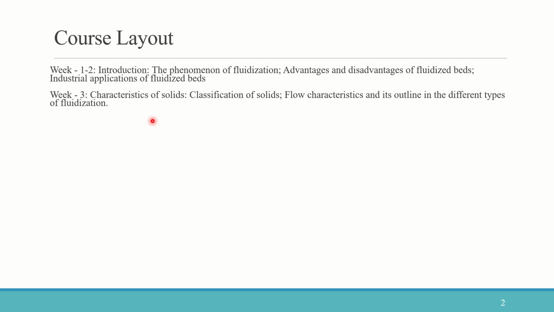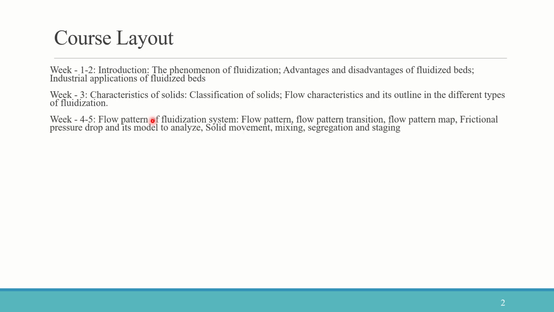Whereas in Geldart D, larger bubbles tend to form, and we use spouted fluidized beds for that purpose. In between, FCC catalyst comes under the Geldart A classification, and B forms bubbles, but not up to the size of Geldart D. So these are the classifications of solids, and in weeks 4 and 5 it is about flow patterns inside fluidization,